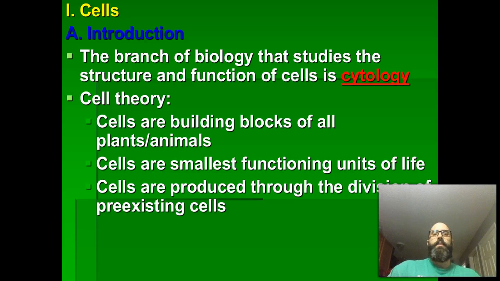Okay. The third part of the cell theory is that cells are produced through the division of pre-existing cells. That's that whole chicken before the egg concept, meaning which came first. So think about this. Human beings came from pre-existing cells. Mom, dad, come together, sperm meets egg, fertilized, boom. Sperm is a cell, egg is a cell, pre-existing cells. They come together, and through the division of those pre-existing cells, you get a new human being. So life occurs from pre-existing cells.